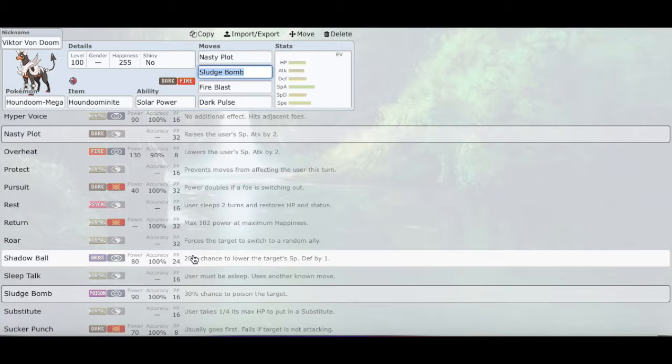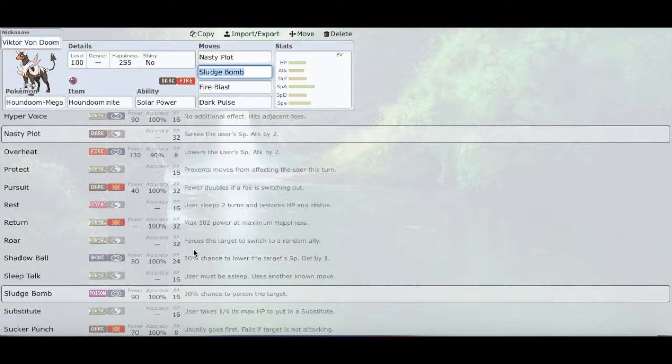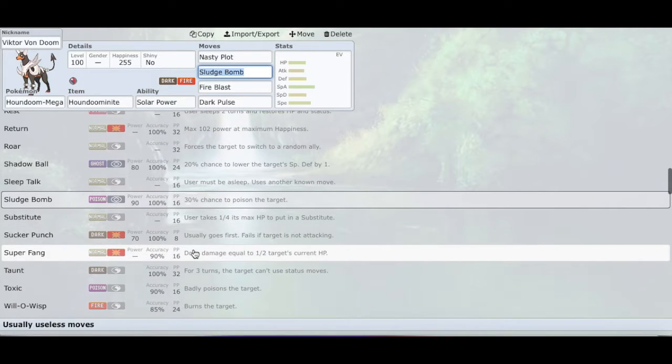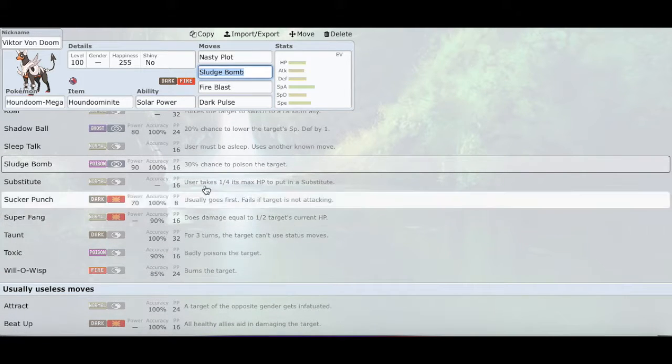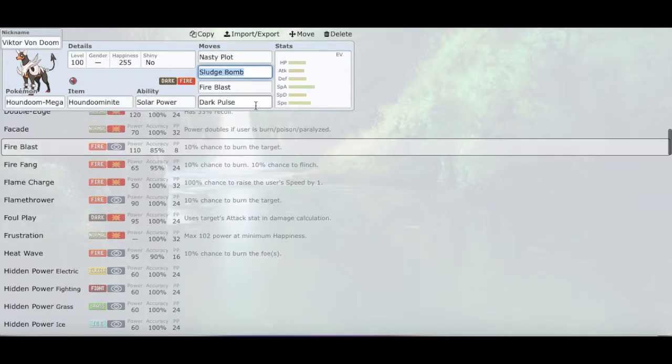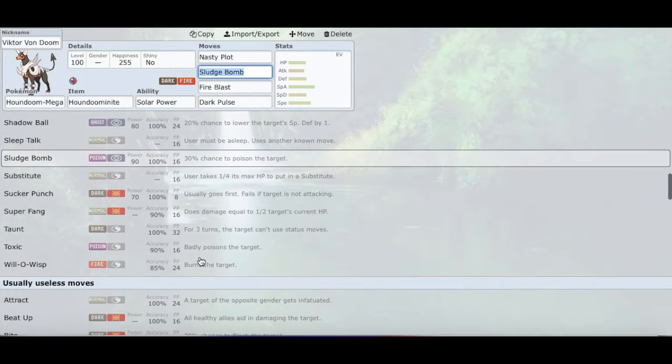I don't think I would ever run Shadow Ball, I'm not gonna lie. Dark and Ghost kind of hit the same things the same way, but it's kind of cool. I'm trying to think if any mon is weak to just Ghost and not Dark. I don't know. But besides being a big time special attacker, it does have a couple cool